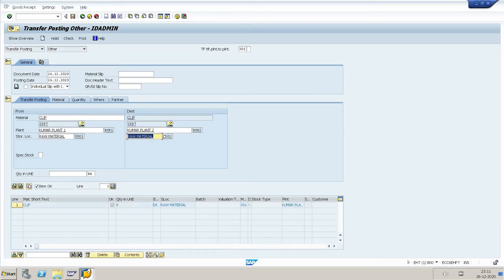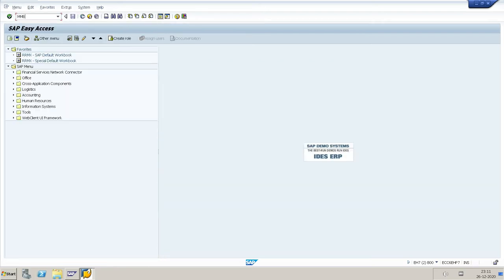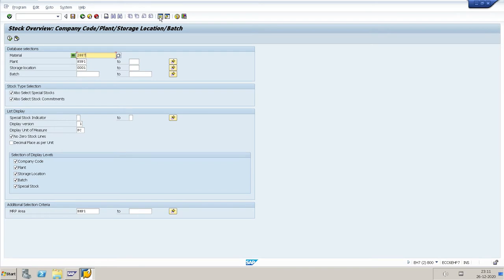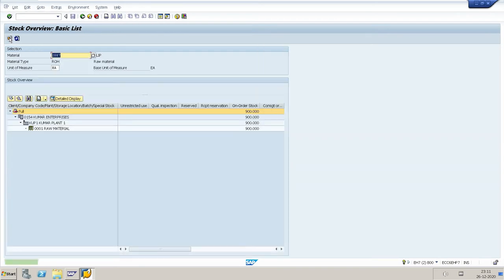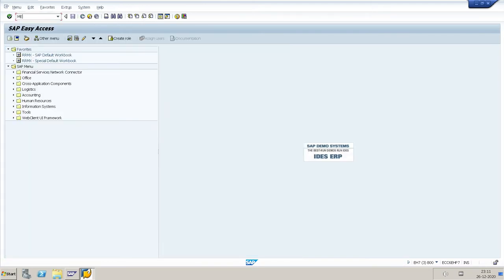Before making the transfer, we'll check the system stock, how much is available. In the 001 location there is no stock. First we will make the stock now.